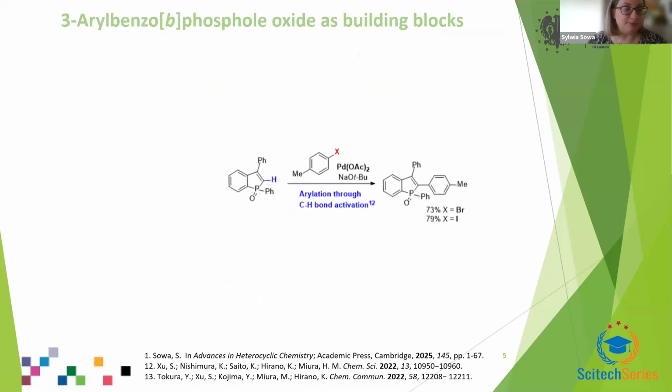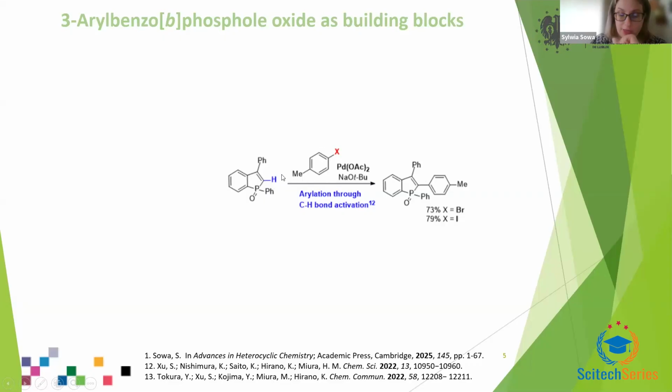Why are the 3-aryl benzophosphole oxides gaining more attention among chemists? The answer lies in their potential applications. Recently, Miyaura and Hirano have successfully used 3-aryl benzophosphole oxides in their coupling with aryl iodides and bromides to obtain unsymmetrical 2,3-diaryl substituted benzophosphole oxides. This reaction is based on the C-H activation